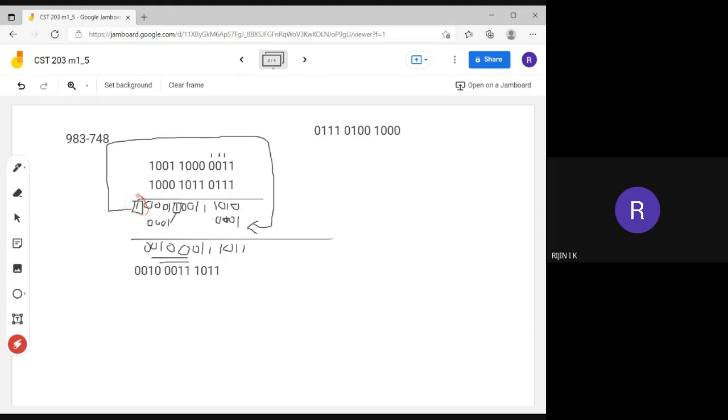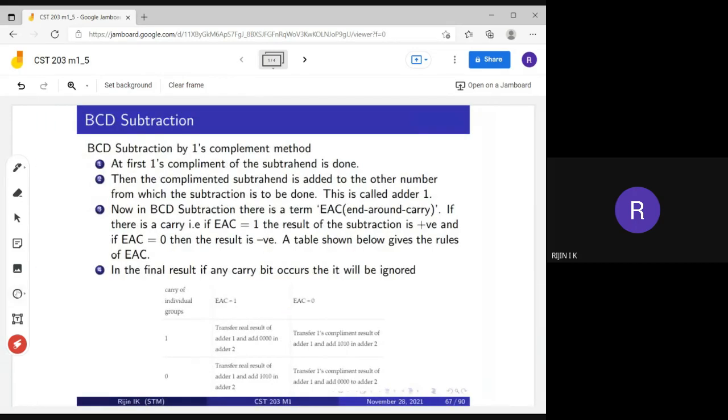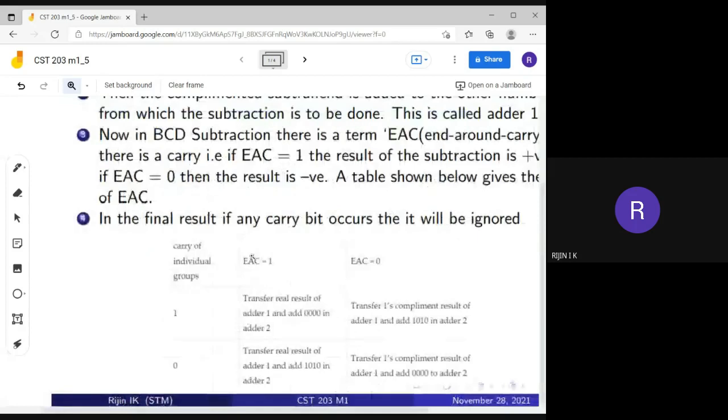So we can see that the given result is a positive number. This is the procedure that we have to perform. EAC equal to 1 means we need to find the carry of each individual group.